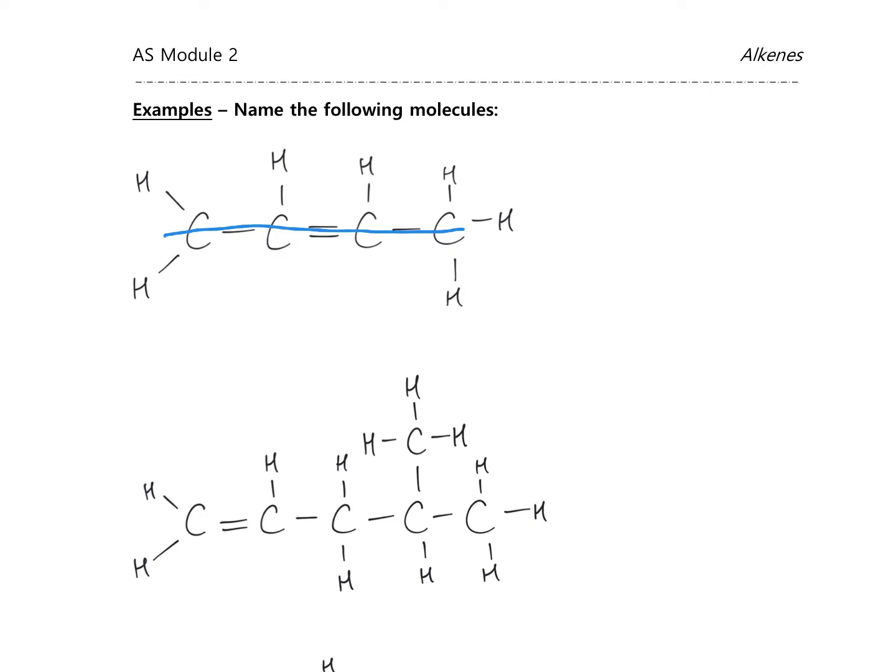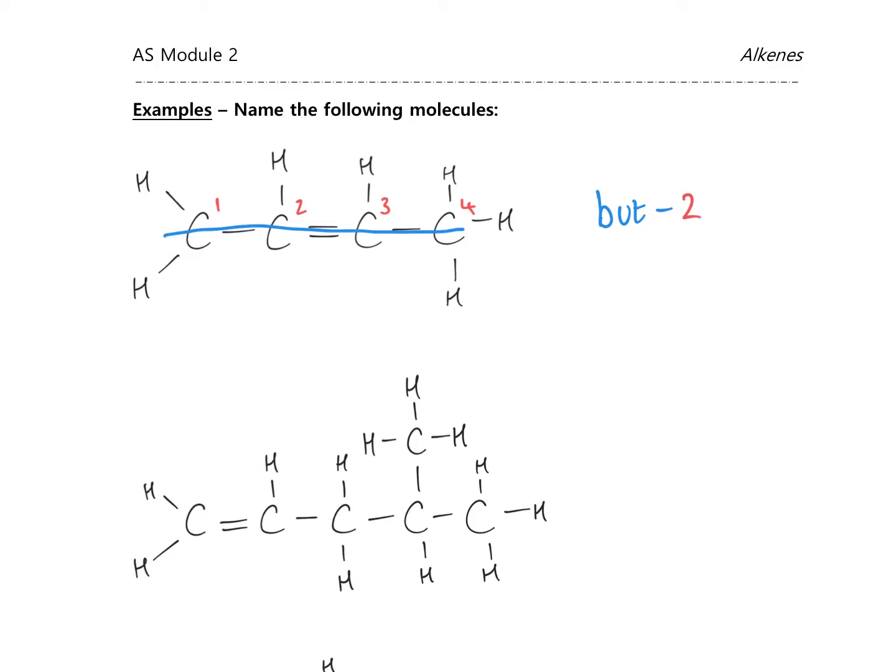Okay, number the carbons so that the double bond is between the carbons of the lowest possible number. Doesn't matter which way around you number this, the double bond is going to be between carbon 2 and 3. So there's 1, 2, 3, 4. Okay, and there's no substituents here, so we can just jump straight into the name. So that means that it's going to be but dash